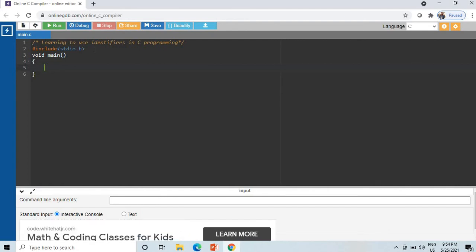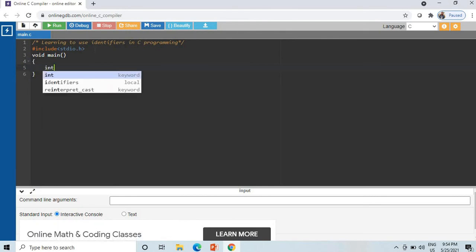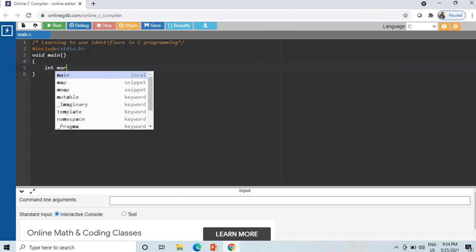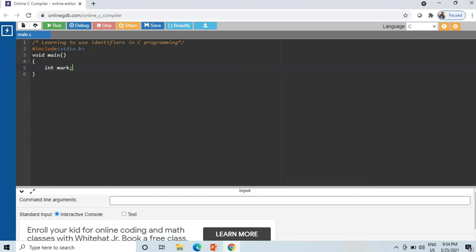If I want to declare a variable to store my mark, how can I declare it? You can make use of int mark. If I want to store an integer number in a variable, I can declare a variable called mark.